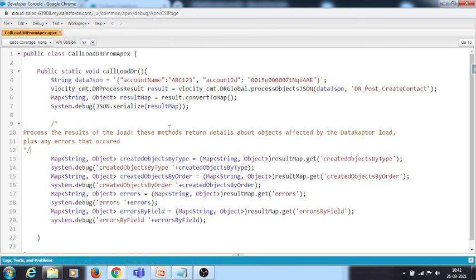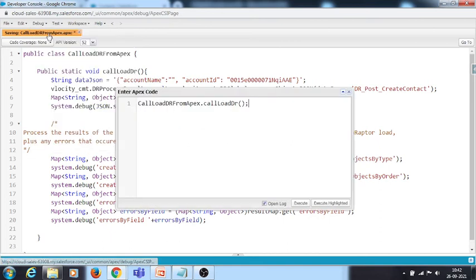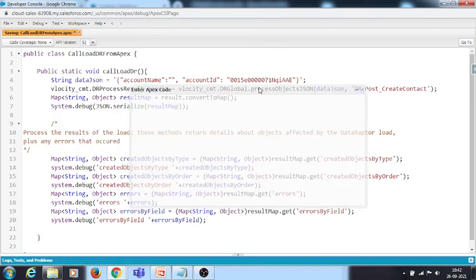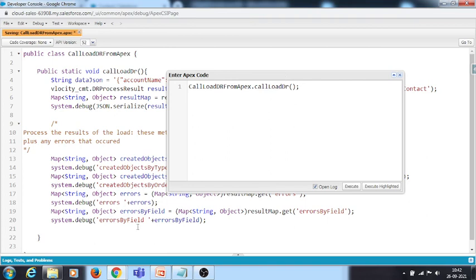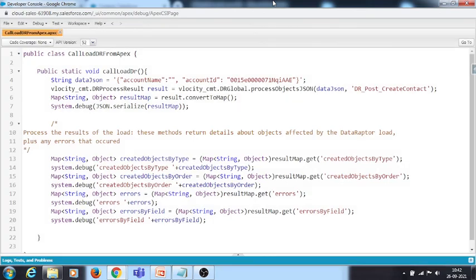We'll try to have some errors this time. I am removing this name, so it will miss the last name of the contact. Then the record will fail to create. If it fails to create, it should return some error messages saying why it failed. Let's see whether we are getting these error messages using these methods or not.